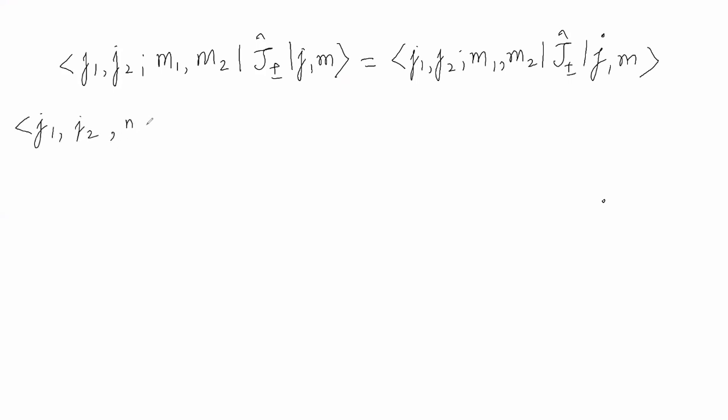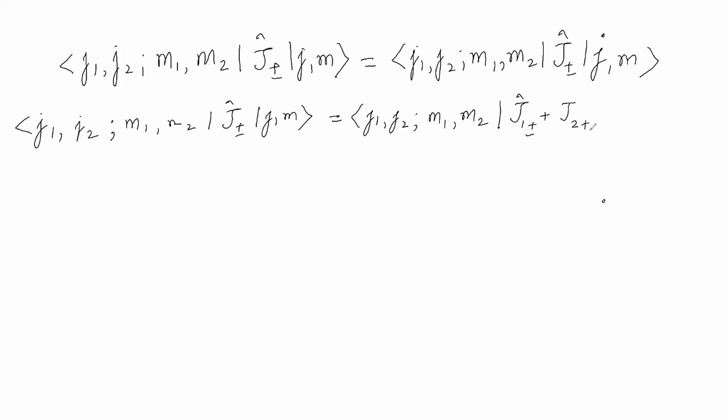I am sorry for those who will be finding it a little boring, but for completeness's sake, this is required. I am writing it as ⟨J1, J2, M1, M2 | J1 plus minus plus J2 plus minus | J